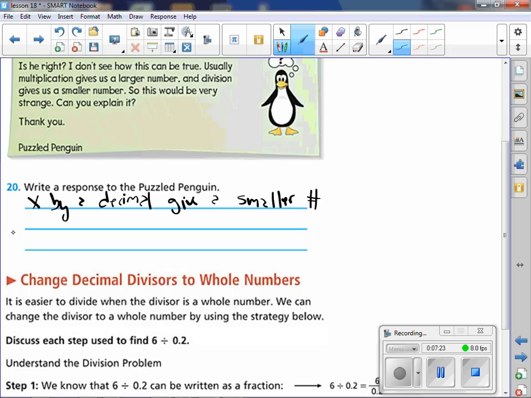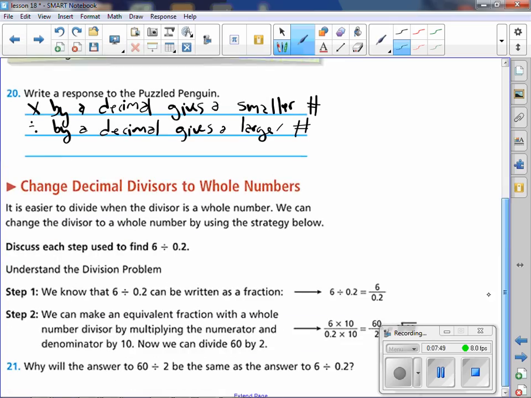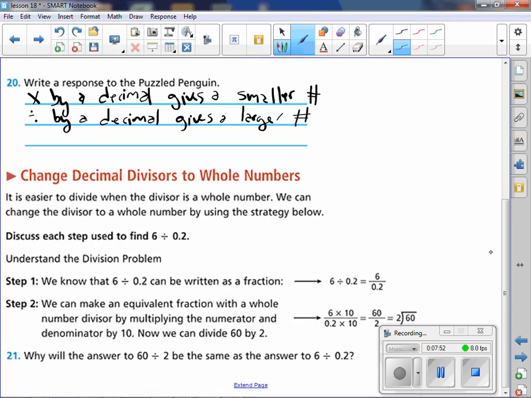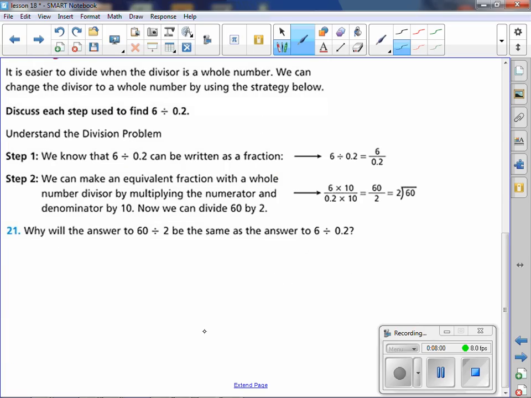But when you divide by a decimal, it gives a larger number. Okay, so that's just the way it works. Think about when you divide a whole number up into bits and pieces, you're going to end up with a larger number. So when we look at this problem here and we're thinking about is it easier to divide when